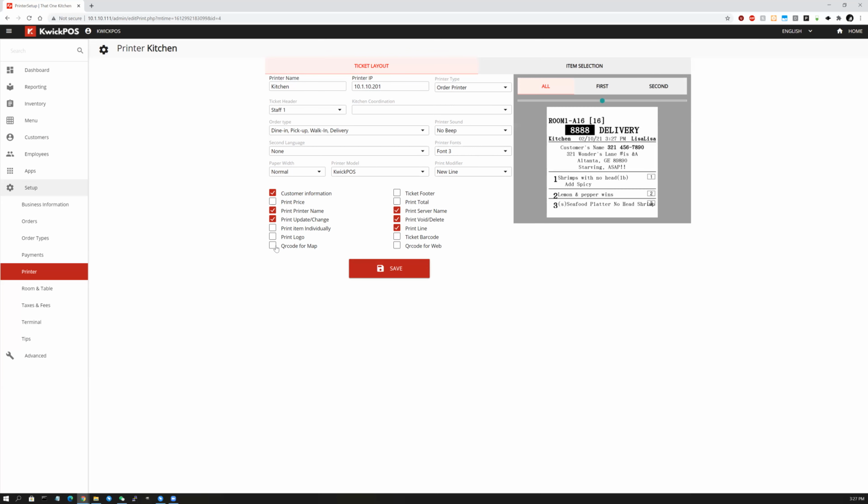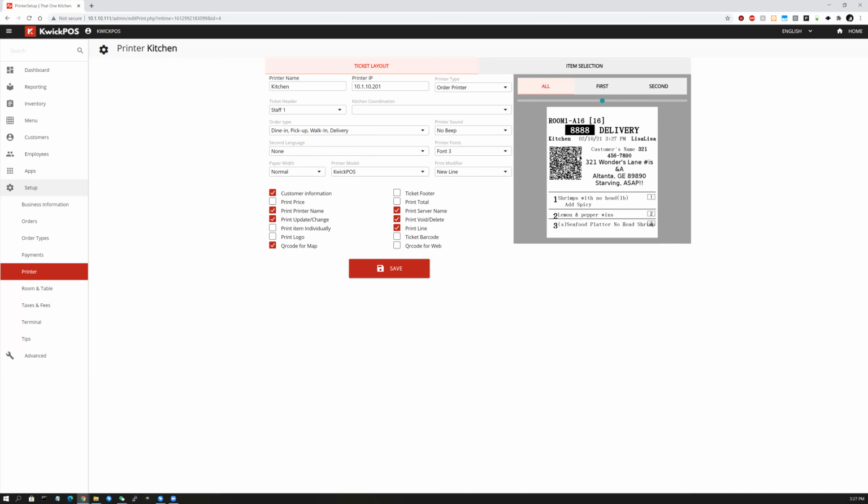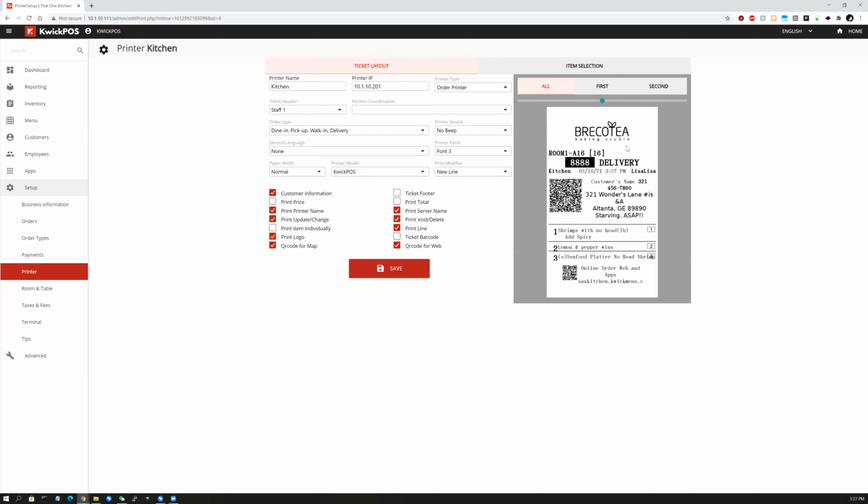You can also, for delivery orders, print a QR code for the map. So a delivery driver can just scan it and it'll open the destination, usually on Google Maps, I think. QR code for the web. So it'll print a QR code at the bottom of the receipt for your online website. Print logo, basically the logo we printed at the top. And print item individually,